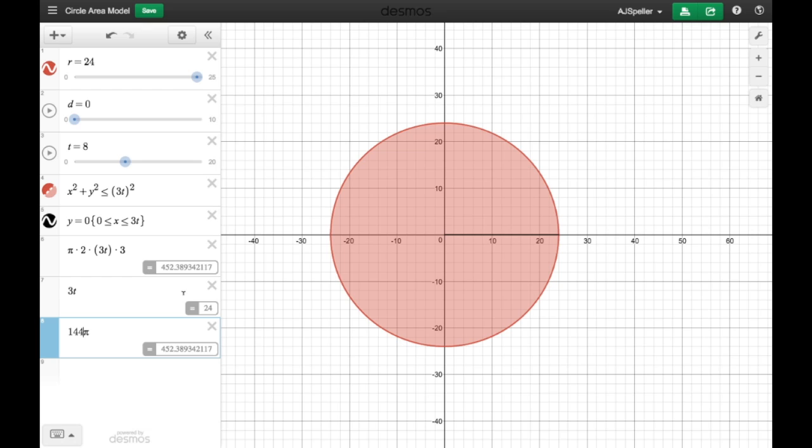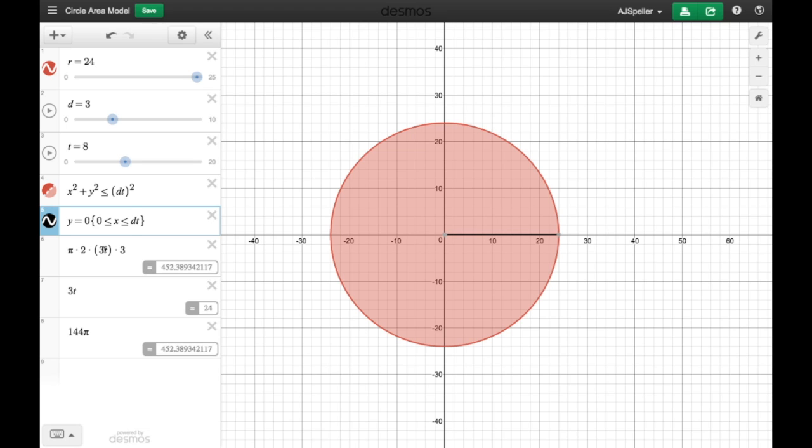All right, one other thing I want to note here to make this problem more dynamic is we want to use this slider D. Right now I'm not incorporating D at all. So let's go ahead and set D to the rate of change of the radius, and for this problem it was set to 3. Now, everywhere that I see the radius has a value of 3, I want to set that to the value of D. So that becomes Dt. This here also becomes, for the radius, Dt.